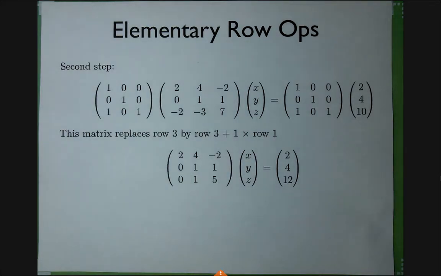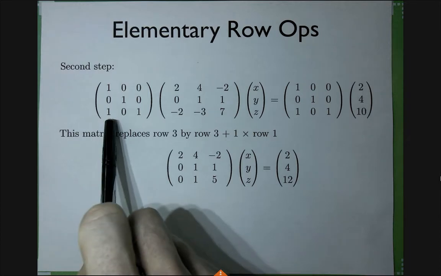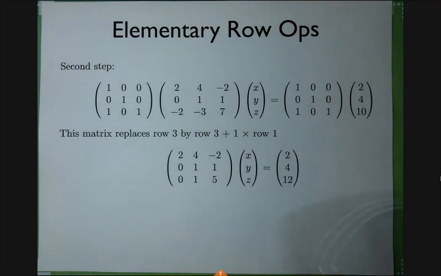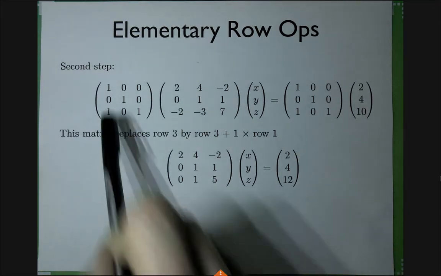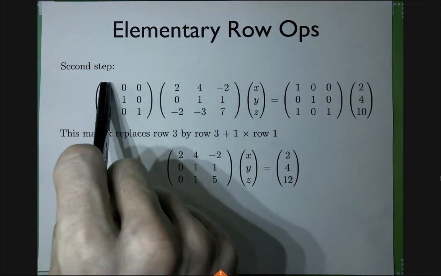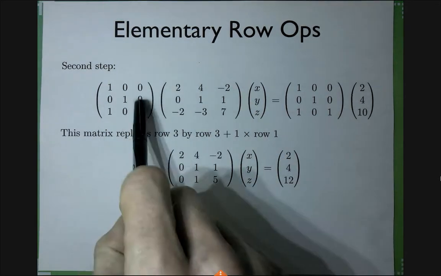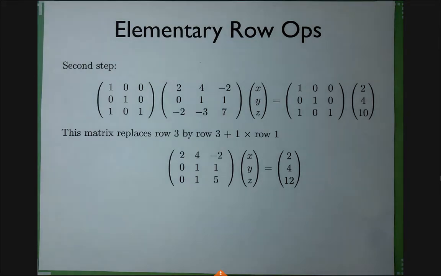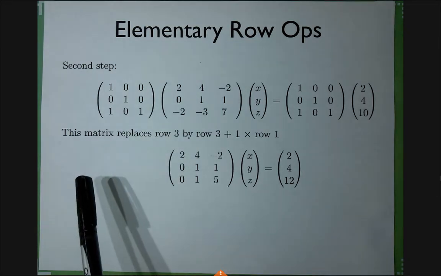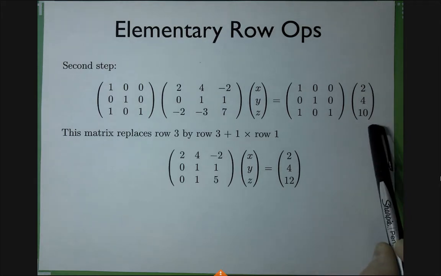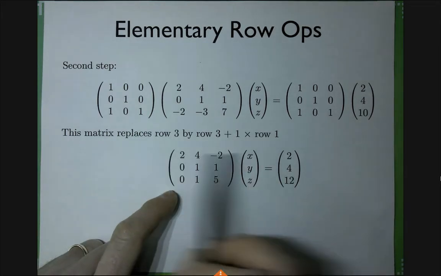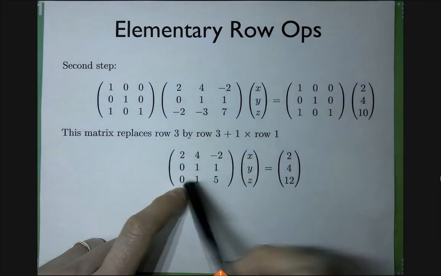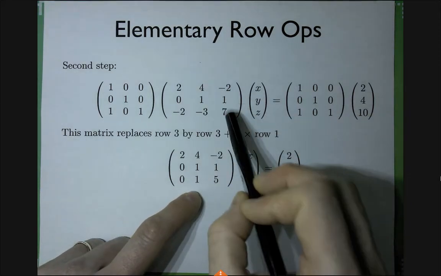And here I do another operation of Gaussian elimination. This time, try to observe the pattern of these special matrices, which basically encode the Gaussian elimination process. What does this matrix do? It lets the first row through, it lets the second row through, and this adds the first and the third rows. Okay? Everybody sees that? Same thing goes on the right-hand side, right? So first gets copied, second gets copied, and the last one is just the sum of the first two. So 2 minus 2 is 0, 4 minus 3 is 1, minus 2 plus 7 is 5.